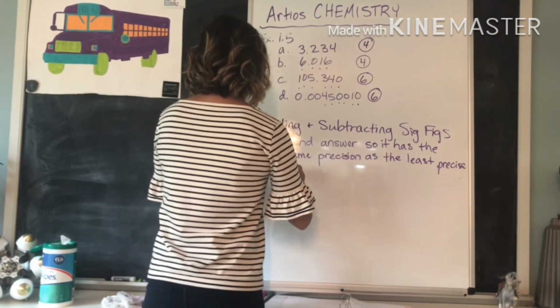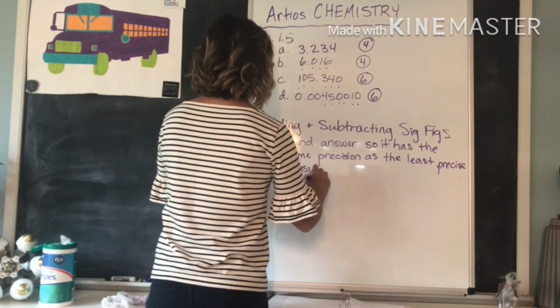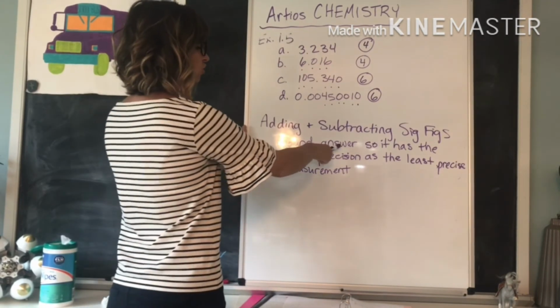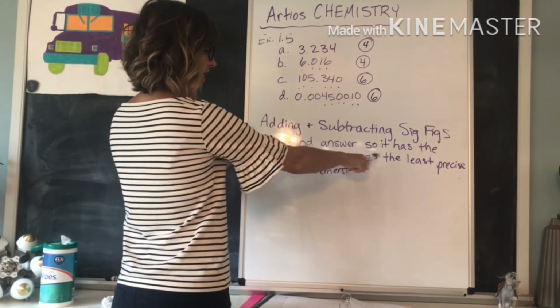Measurement is the last word there. So when adding and subtracting significant figures, you round your answer so it has the same precision as the least